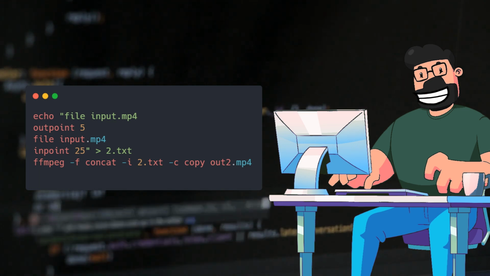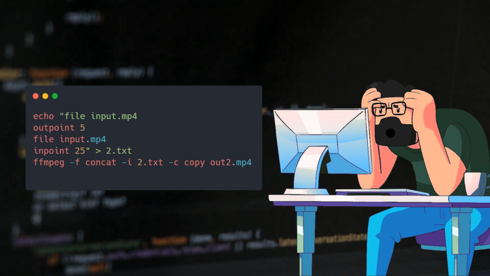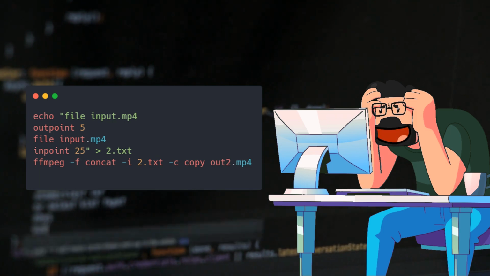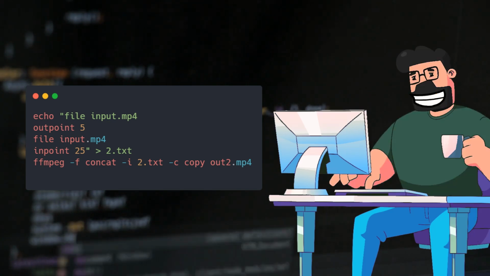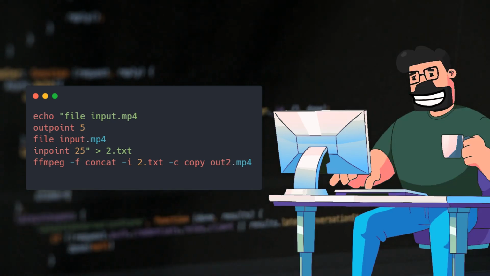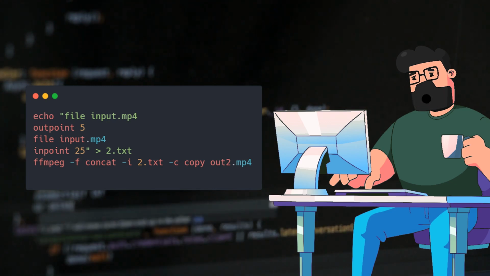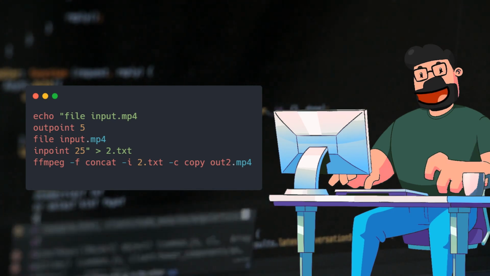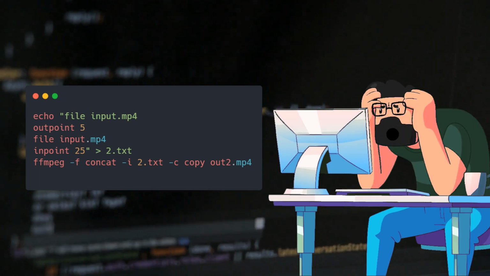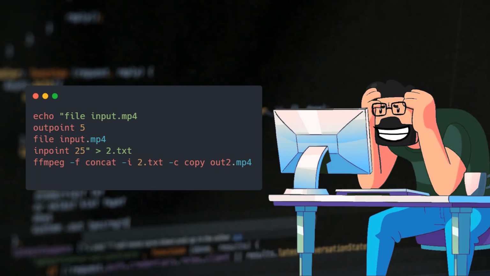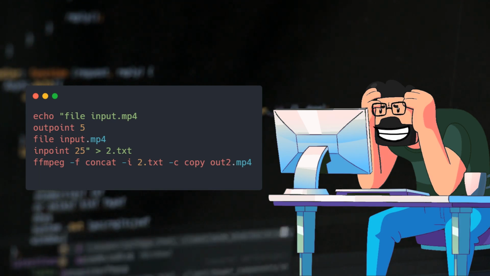Continuing with the solution, another method involves using the in-point and out-point parameters to cut the video at precise times without re-encoding. By creating a text file with the necessary information and using the concat demuxer, we can achieve the desired result. This technique is useful when you need to quickly remove a specific section from a video without compromising